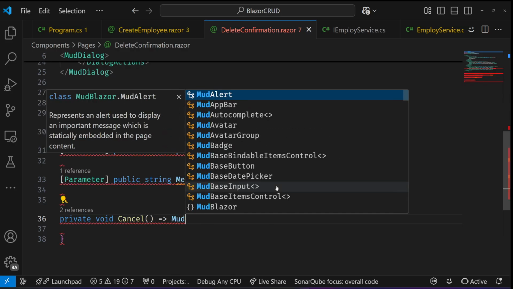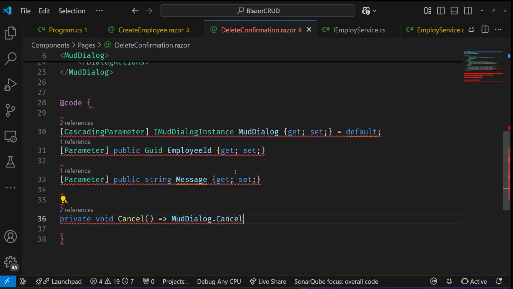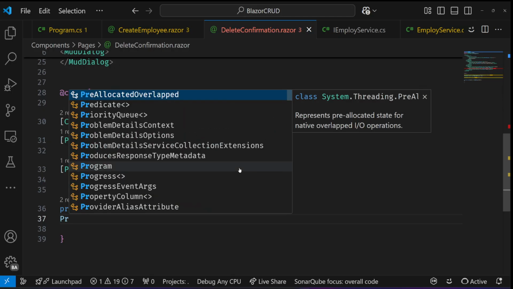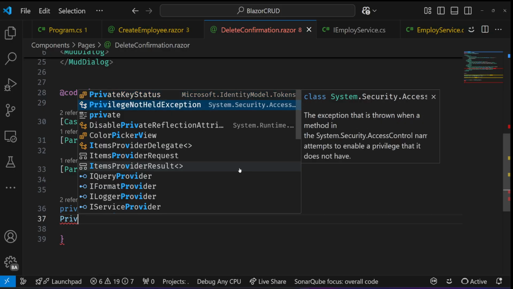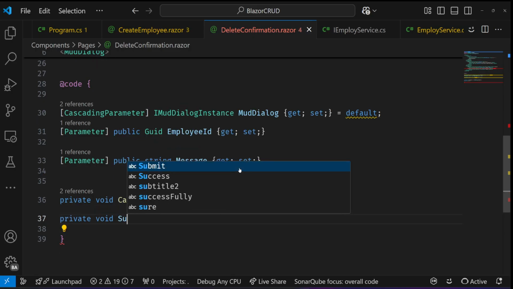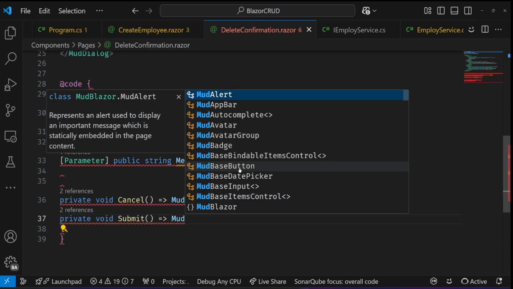Let's see dialog, which we already have in here, and then in here we have the cancel, and we put it in like that, and then we see that we get this. We are going to do the same thing for submit. So we have private void submit, and then we're going to see that this is also submit. So when you want to confirm that you want to delete this, okay,